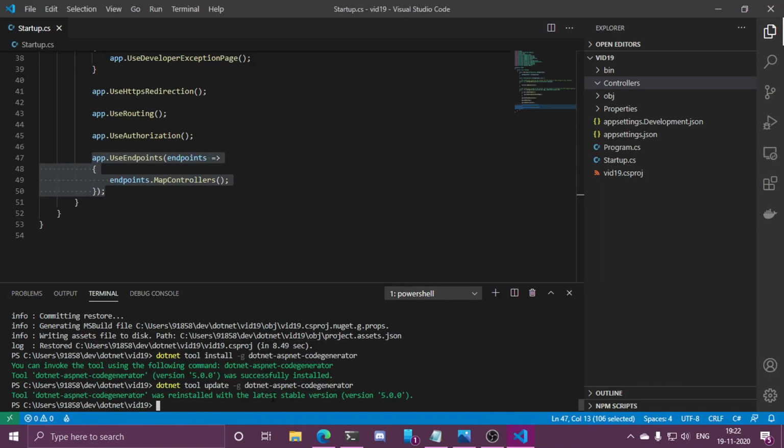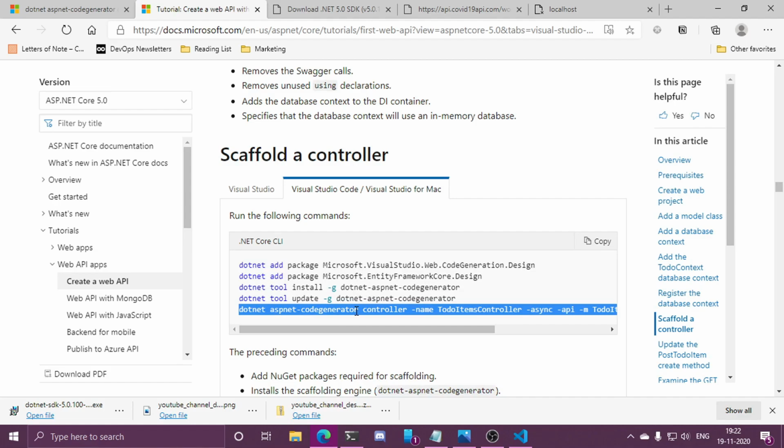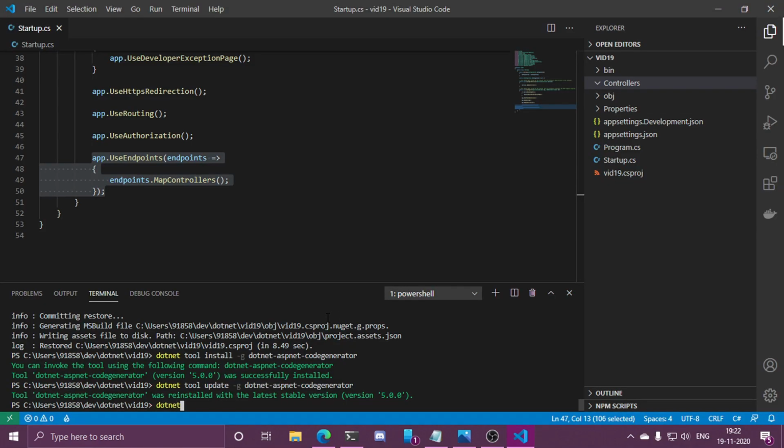Okay, now we need to create an actual controller. So let's write it by hand. .NET ASP.NET code generator. Okay, and then we have to generate a controller. Then again we have to provide the name. So we are going to create a